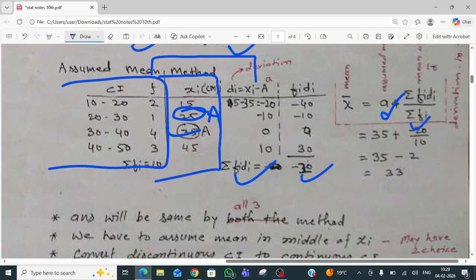In this we are reducing the numbers by making di values small. So this method is preferred when we have to find the mean of big numbers. When the data are big numbers, that time this method is better. Now the third method is